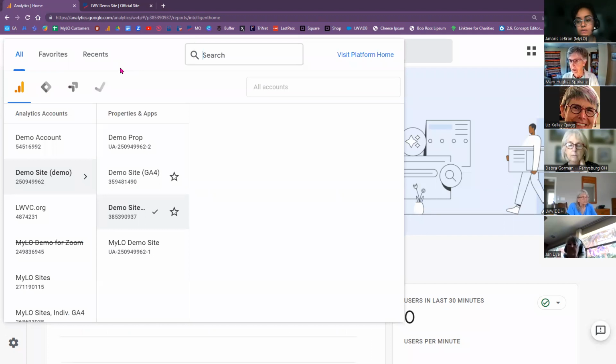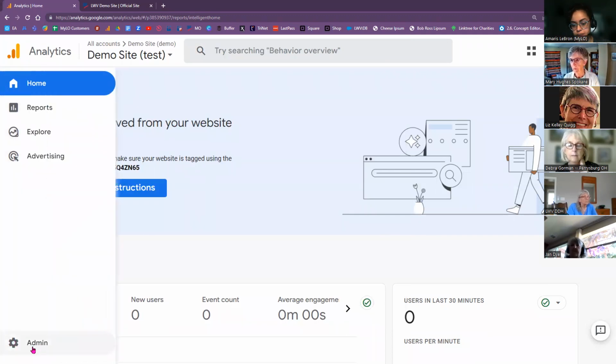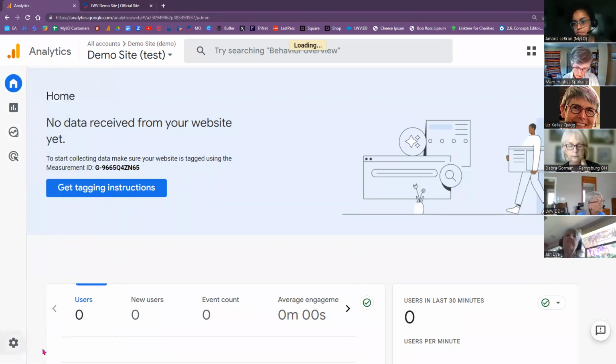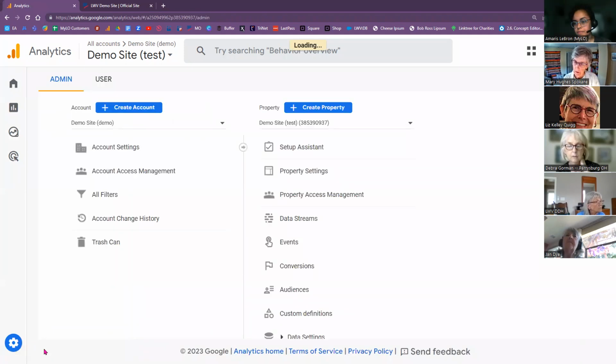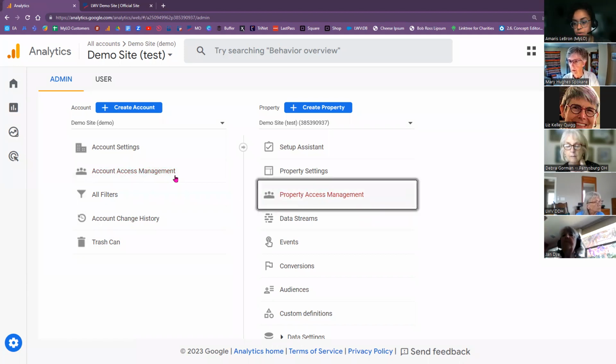Okay, so it sounds like they created the new property and maybe haven't given you the access to it yet. So that can be done if they're looking at the GA4 property, they visit the admin screen. They can either give you account access management, which would give you access to any property within that account, or property access management, and that would just be access to that specific property. I'm assuming they probably wouldn't mind either, and the steps are the same. Whichever one you choose,